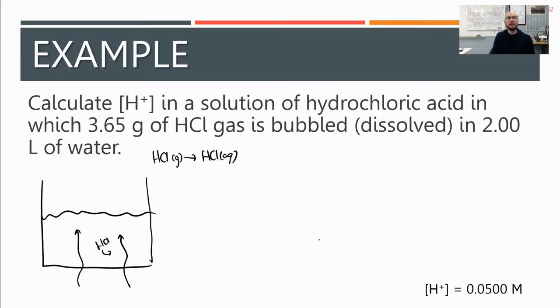In this question here, we've got a mass of a gas, which doesn't really make sense, but it allows us to do an extra calculation here. So we should recognize that in strong acids, concentration of HA is equal to concentration of H plus. So if we can figure out the concentration of HCl, we can figure out the concentration of H plus. Hopefully you recall that concentration is equal to moles divided by liters. In this particular question, we're not given moles, but we can convert